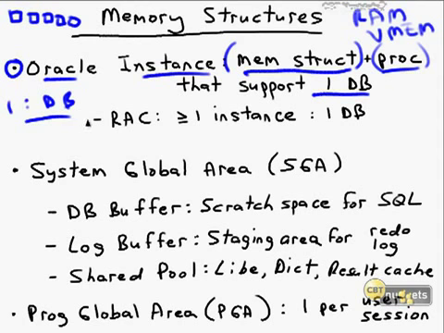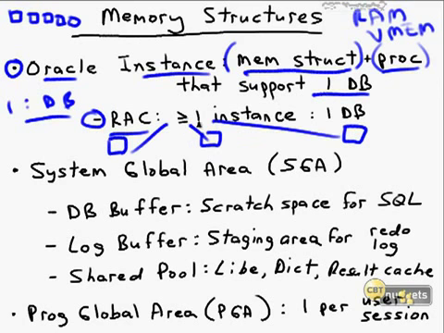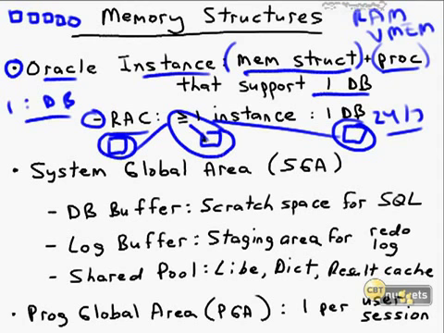Now, it's beyond our scope in this exam, but when you get to the OCP level, you need to learn some things about real application clusters, RAC or rack environments. This is where you have more than one instance. In other words, more than one installation of Oracle 11g, all focused on the same single database. Clustering is a really good idea if you need 24/7 uptime because you can schedule maintenance on any single node,